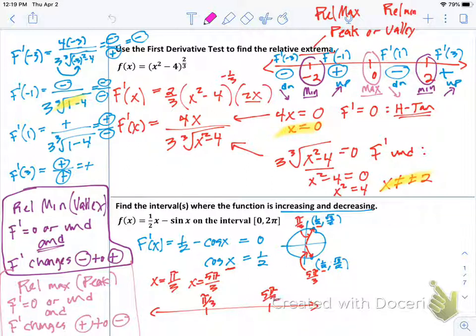We also want to put the endpoints on this. I accidentally put arrows on there, but we really don't have arrows. We have a limited domain on this one. Definitely stops at 0 and 2 pi. And so when we test our derivative, we're going to pick something between pi over 3 and 0 that you